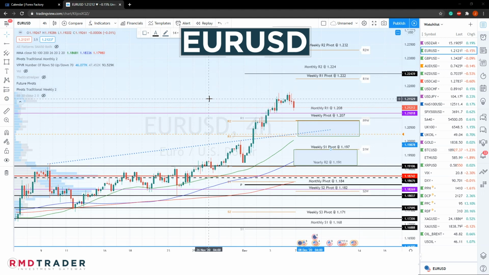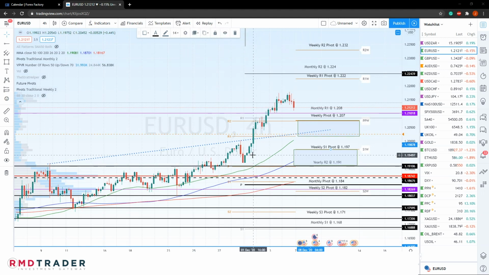We are moving on now to the Euro USD. Last week saw price reach and also succeed our second bullish target and now appears to be losing some momentum. We could see that should price pull back from this area, it's possible that we will see price move into the area of the new weekly pivot at